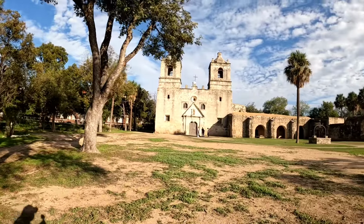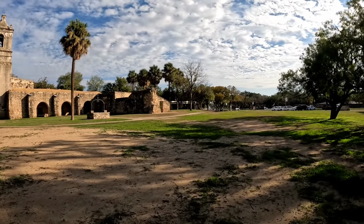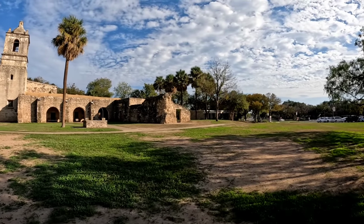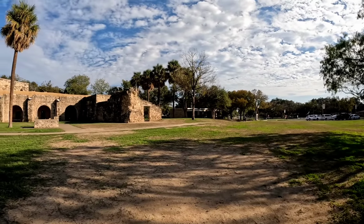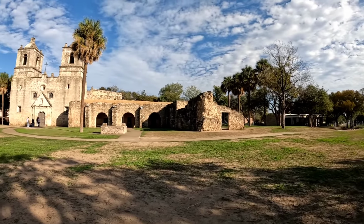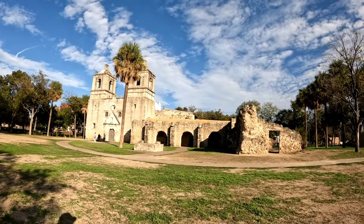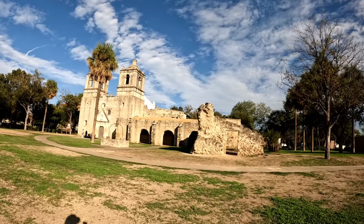Pretty interesting mission. And I don't know if you guys overheard the guy doing the tour in there, but he mentioned how for these to become part of the UNESCO World Heritage Sites, they couldn't be altered in any way too much, like some of the places in other states got altered, to be something the City of San Antonio can be proud of. We got World Heritage Sites, a couple of them, all the missions,